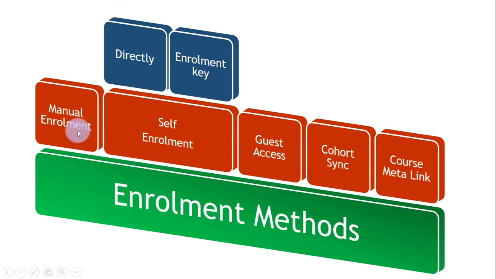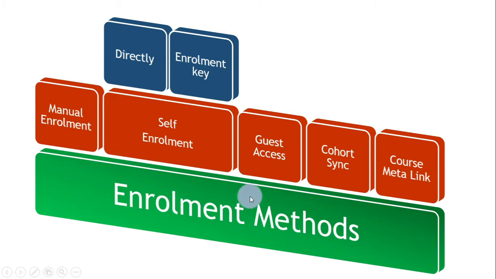The manual enrollment is where you can add your students manually. This is a time consuming process for a huge number of students and good for some special cases. The next one is self enrollment. Students can enroll in your course using a self enrollment key given by you, and only the students who have the enrollment key can enroll in your course, or else they can enroll in your course without any key. That is the direct method. These two are the self enrollment methods, and the students get enrolled themselves, but you have to enable the settings to get enrolled to your course.